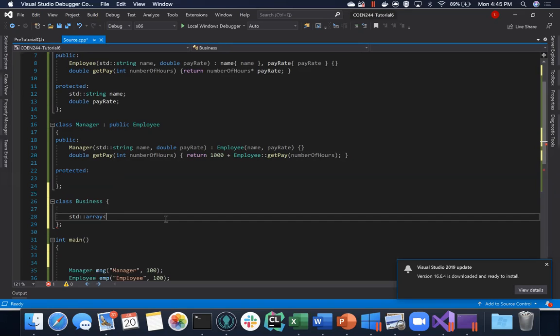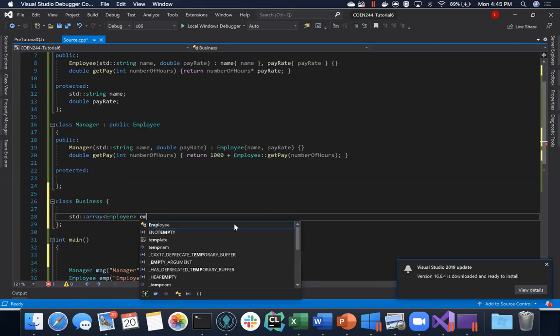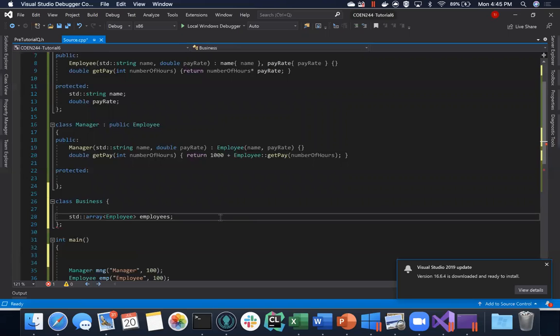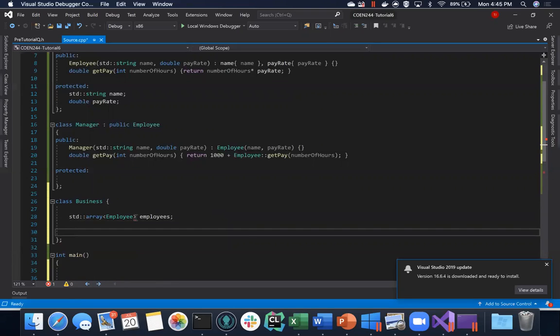Is there a way I can store all of them in one array and, whenever I call get pay, for example, it will handle things the way it should based on that type? This is what I would want to have. I would want to have employees here, and regardless of what I store in it,